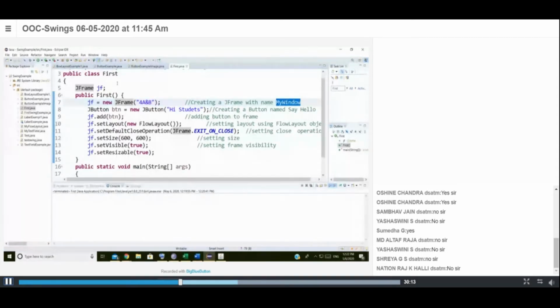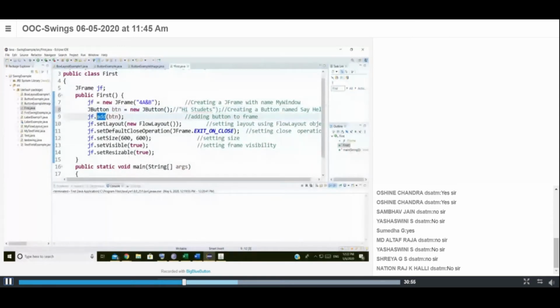Next, if you want to add a button, which is a component, all buttons belong to a class called JButton. If you want to add any button into your window, you have to create an instance of this particular class, that is the JButton class. We can create a button without any text or images. I just want to create a button without any text on that button. I can create it like that, and this is very important.